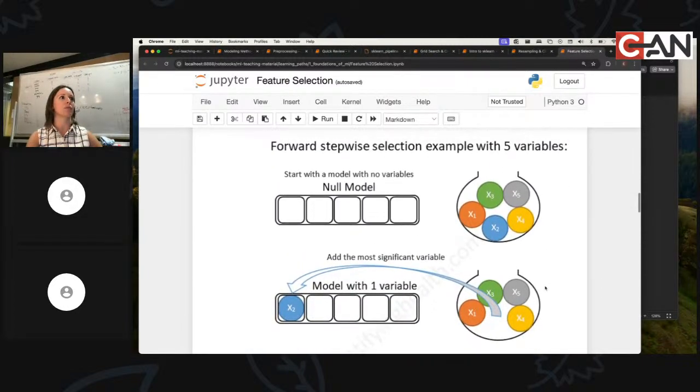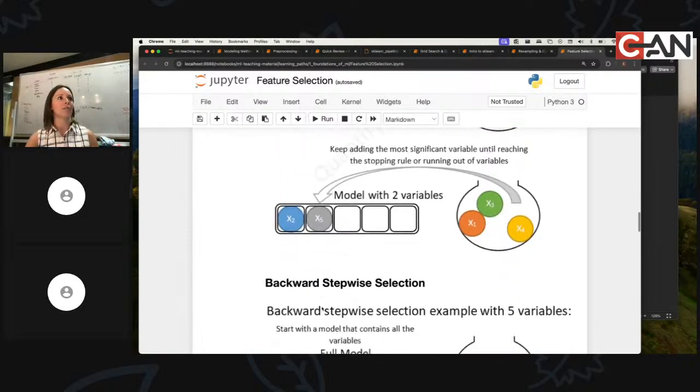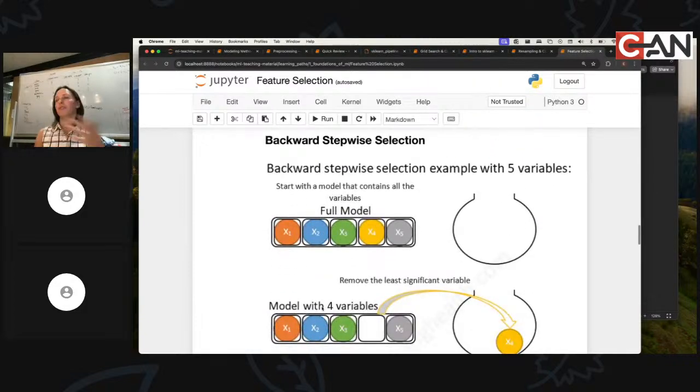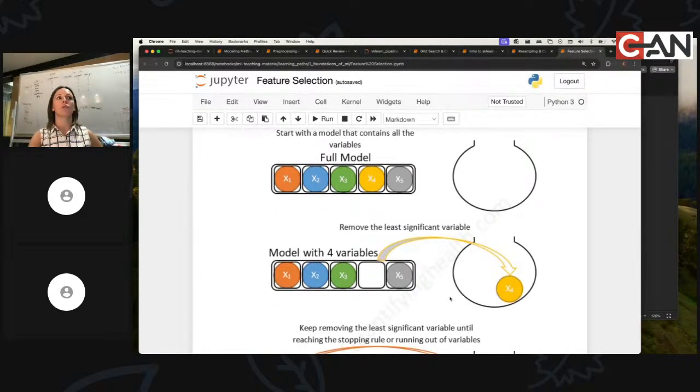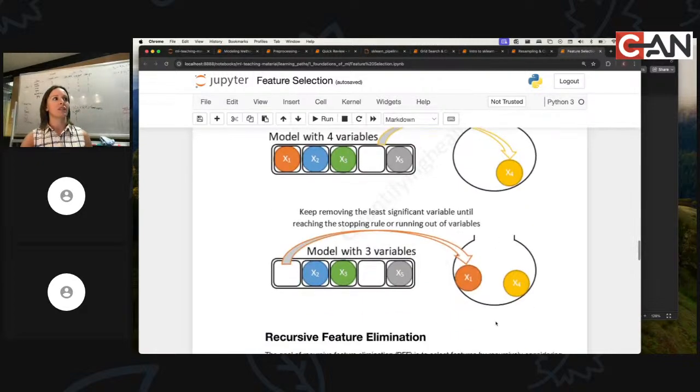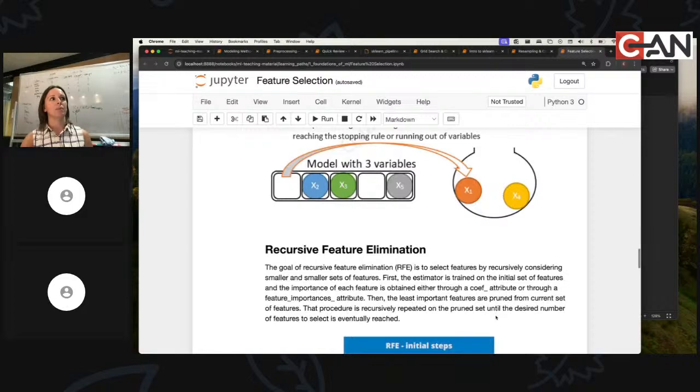So here's an example. You have your null model, and then your model with one variable, you measure that. If it's good, you keep it. You grab another marble out of the jar, another variable, you add that, you keep it. You can, of course, go the other direction. So you can go backwards. You can put all the marbles in, all your features in, and then you calculate your least significant variable. So in random forest, I told you, you can get feature importance. What's the one with the smallest feature importance? Take it out. And then start to remove these until you meet some acceptable